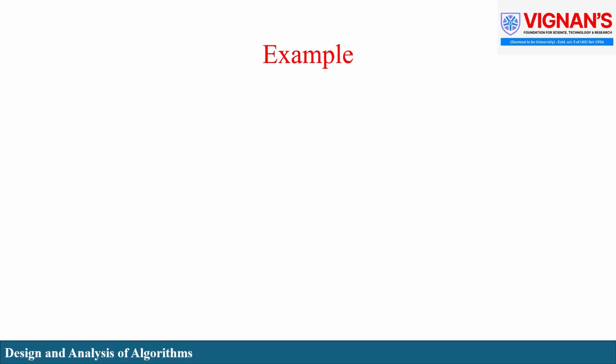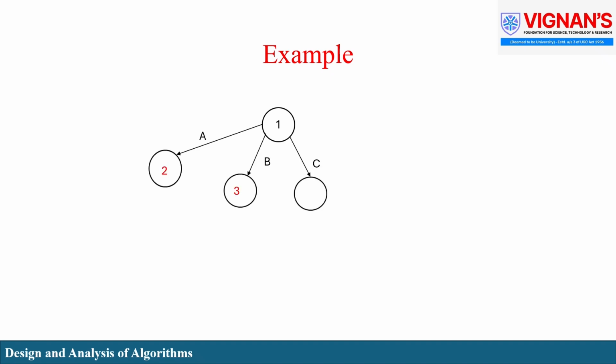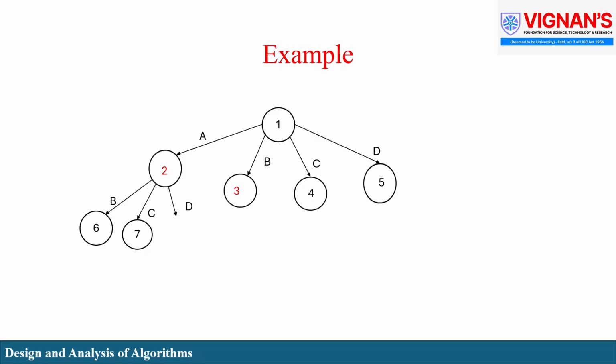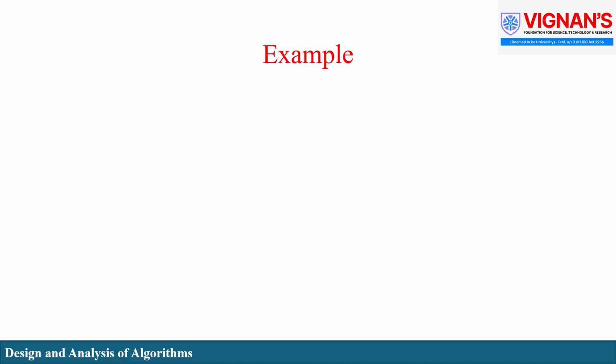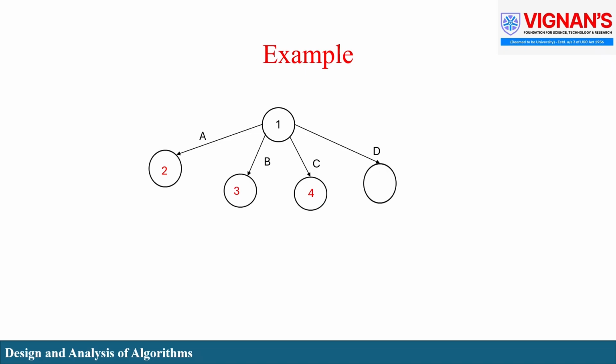Now, we will expand node 3. As we have considered element B and not considered element A, we have two options to explore, that is elements C and D. Let's create nodes 9 and 10 for elements C and D respectively. Now, we will expand node 4. As we have only considered element C and not considered elements A and B, we have only one option to explore, which is element D. Let's create node 11 for D.